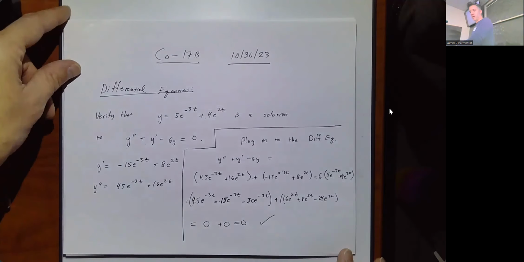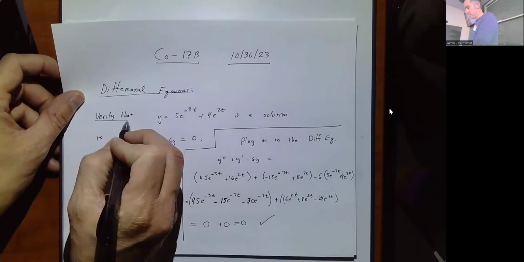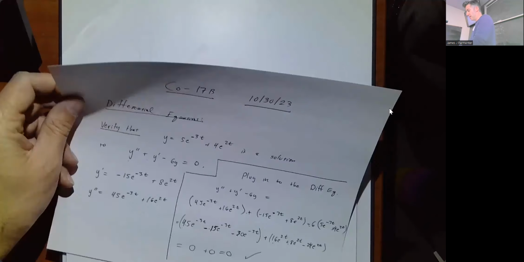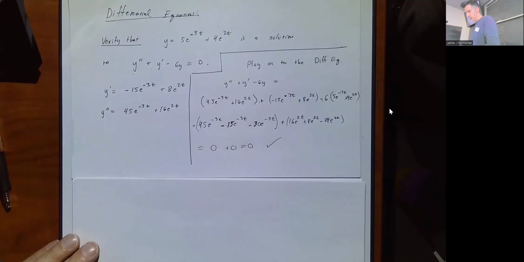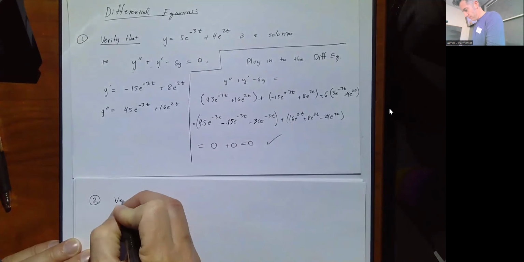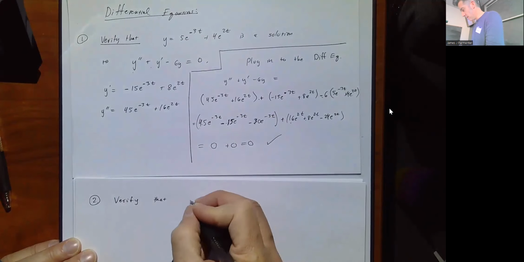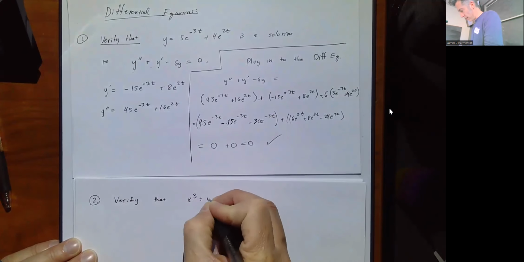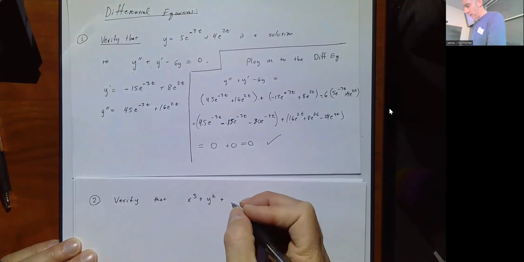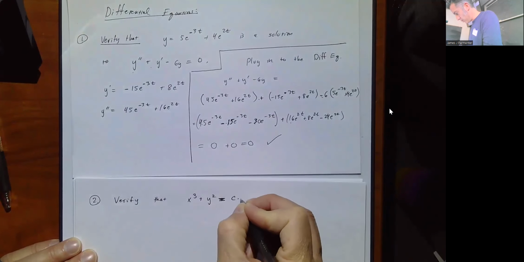Okay. Let's look at another verify problem, but it's a little bit different, or at least it's a little bit different in my mind. So let's see if I can keep numbering things. Verify that x cubed plus y squared equals a constant times y